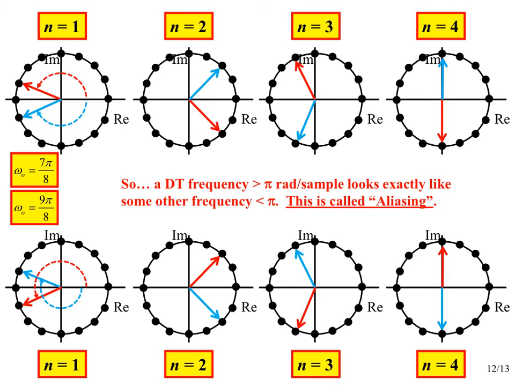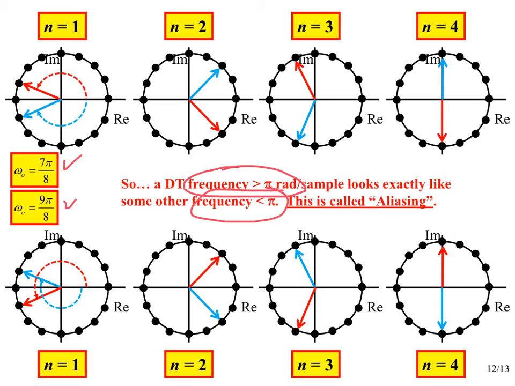The top four plots are positions of the two complex sinusoidal components for the case where the frequency is 7 pi over 8. That is a frequency that is less than pi. And then we have 9 pi over 8, which is a frequency that's greater than pi radians per sample. We'll see that for these two specific choices, we can't tell which of those two we're actually operating at. And this is another reason why we only need to look at a discrete time Fourier transform between minus pi